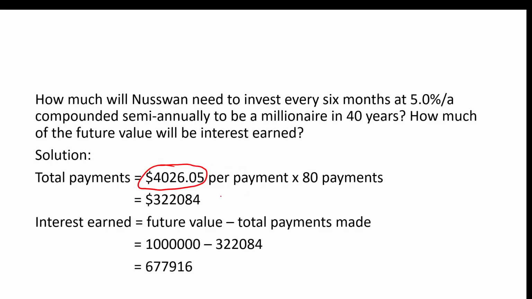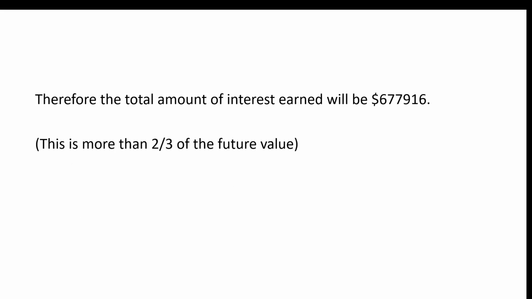$4,026.05 times 80 payments. So he will have made a total of $322,084 in payments. The interest earned will be the future value minus the total payments made. So $1 million minus $322,084 is $677,916. So that means that the total amount of the interest when he's a millionaire will be